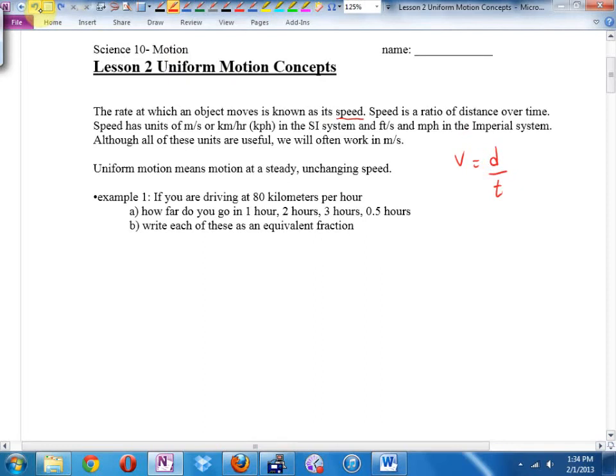Now, you can memorize that equation, but I'm going to suggest to you that almost all of you already have this equation memorized. How many of you have driven on Highway 1 before, the Trans-Canada Highway? What's the speed limit? Out towards the valley. It's a nice round number. And here's my question. 100 what? What are the units?